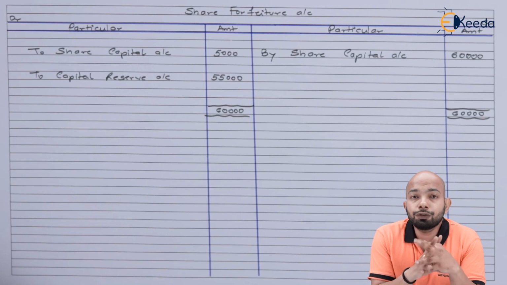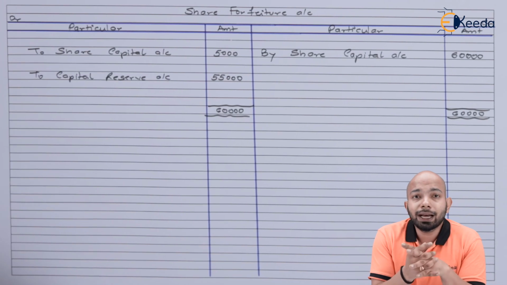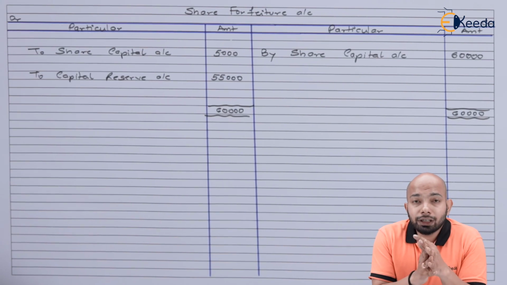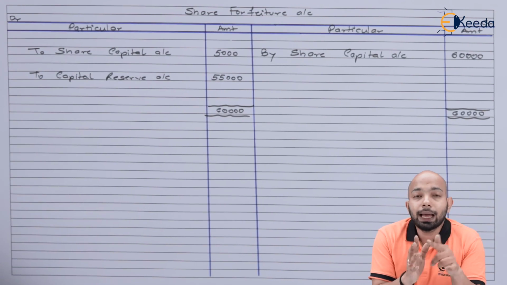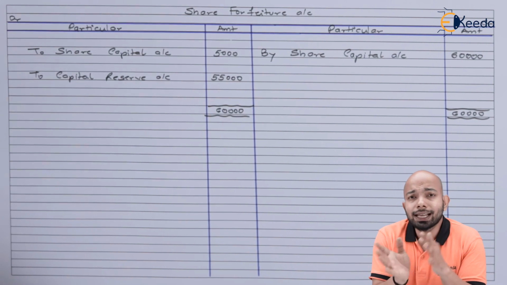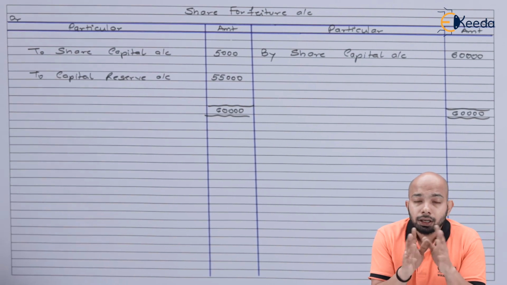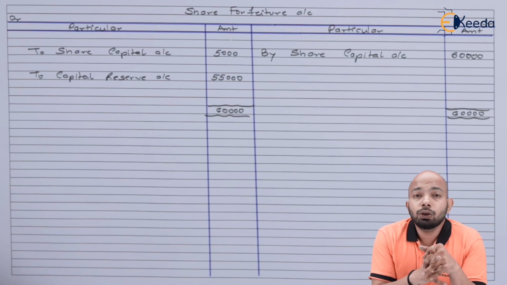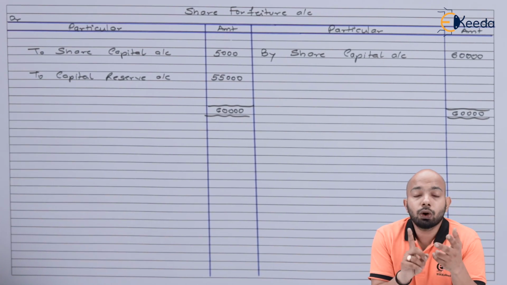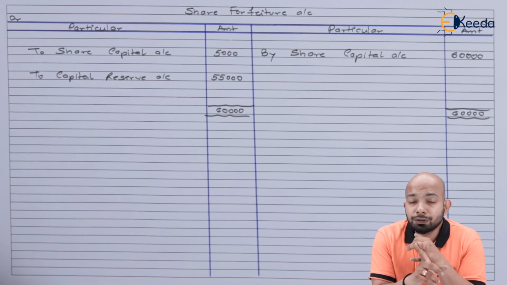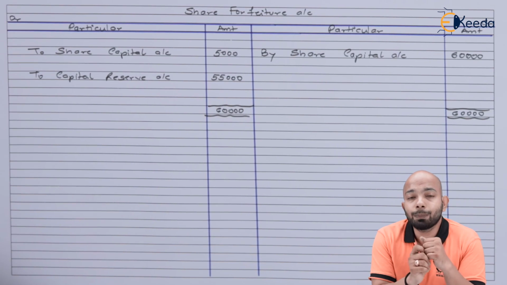If you can see, the share forfeiture has been automatically settled out because it's a self-balancing ledger. The reason why we have done this is so that you can understand how the capital reserve balance is moved, or how exactly the share forfeiture account is prepared. So I hope this illustration has given you a lot of clarity about reissue of shares, the alternative entry for reissue, and then transfer of the balance of share forfeiture to capital reserve.